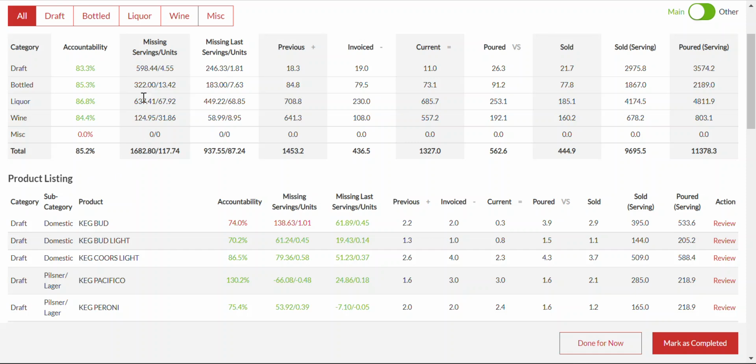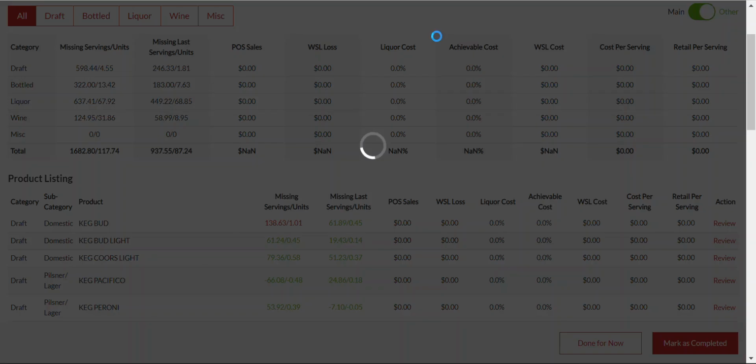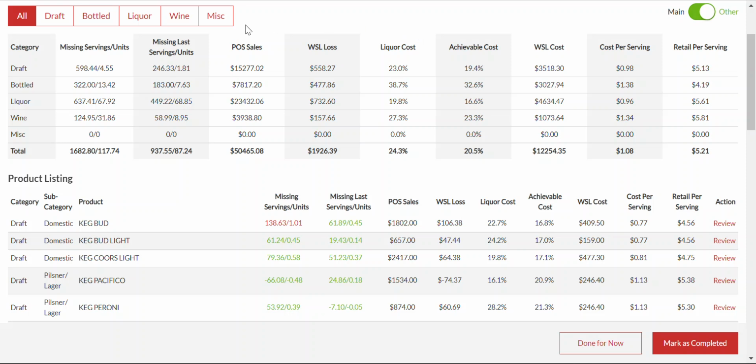That is broken down here by category, but the total number of missing drinks was almost 1,682 drinks. By flicking to the financial metrics using this button, you can also put a hard dollar value. So they were missing this many servings in each category. That was the wholesale cost, or what they paid for the missing product that was not sold. And in total, we can see these guys are missing